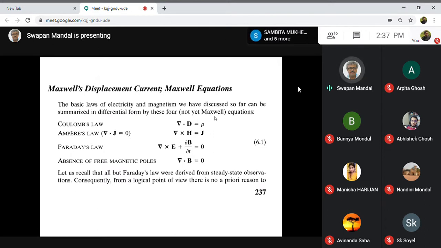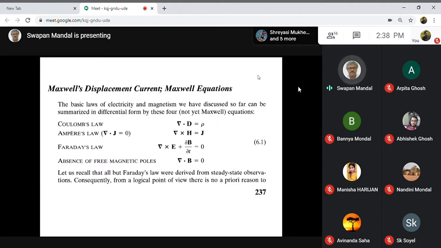D is basically the displacement vector, and it corresponds to some sort of material medium, and it is related with the polarization of the medium. Because you know, the application of the electromagnetic field, or simply the electric field, causes polarization in a material medium, and this polarization is suitably related with D. You know that I derived the relation D equal to epsilon 0 E plus P, like these things, already in the electrostatic problem.